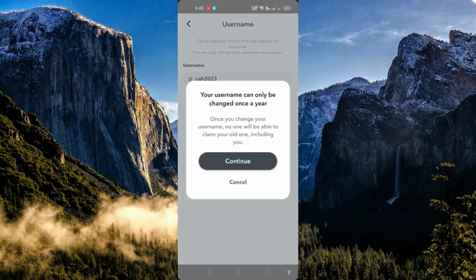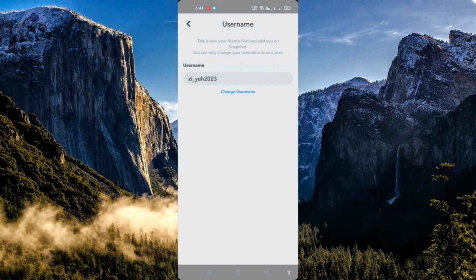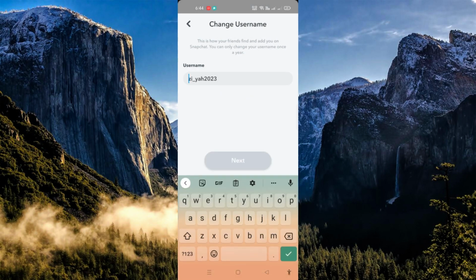For this, it will inform you that when you are on the Snapchat account, you are only able to do this once a year. So you can go ahead and click on continue, and then you can go ahead and change your username. You need to make sure that your username is unique in order for you to complete the change. Okay. Once the username is valid, you can go ahead and click on continue, and then you will need